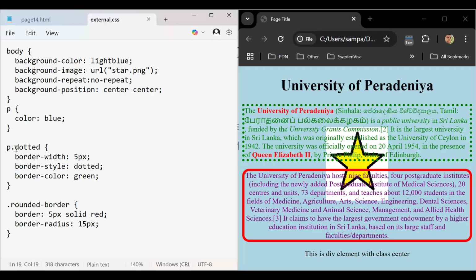So in this particular case, for the first paragraph, we apply the class dotted, and then we specify border width 5 pixels, border style dotted, and you can observe the print here. We attach it to the paragraph. But then again, we have created another separate class we call rounded border. We specify the border is 5 pixels, solid in red color. And for the rounded border, we specify border radius as 15 pixels, and this is the outcome,